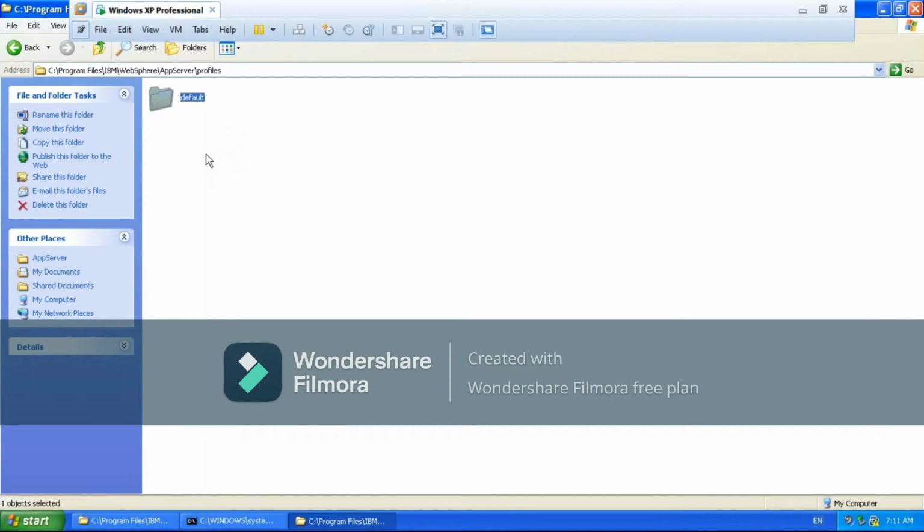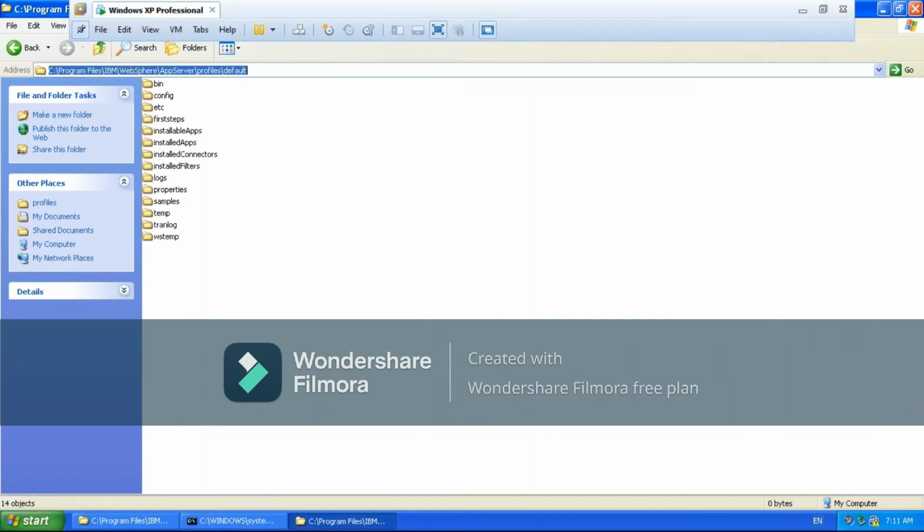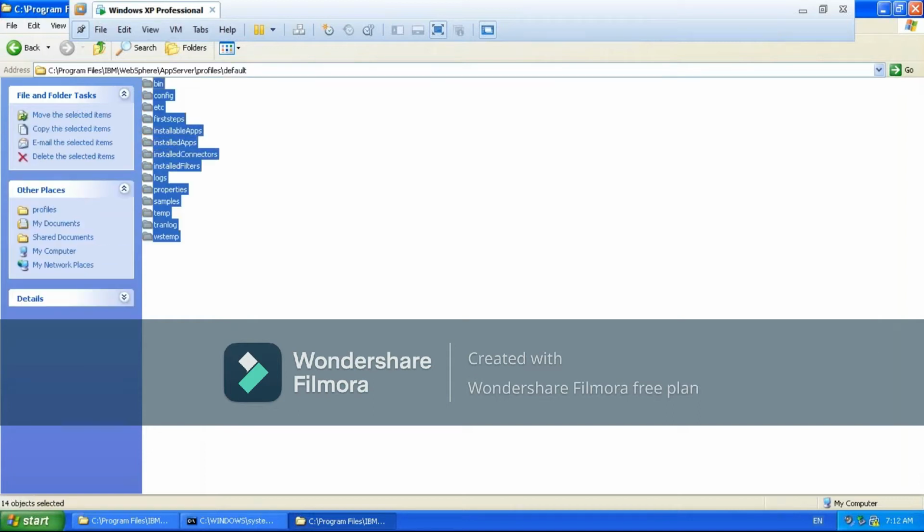Okay, we already saw this, right? If you get into this default profile, this path we are going to call the default profile home. Up to app server, we are going to call the VAS home, where the product binaries will be. Inside that, in profiles, we get into the default. This path we are going to call the default profile home, where it's going to contain the complete content related with the default profile.